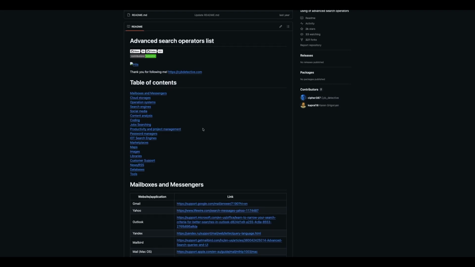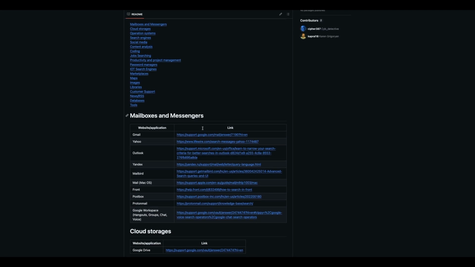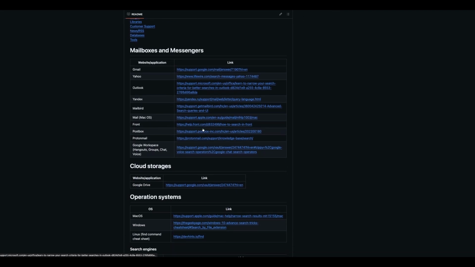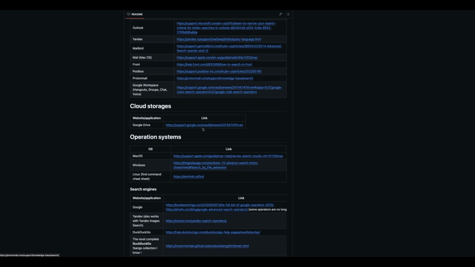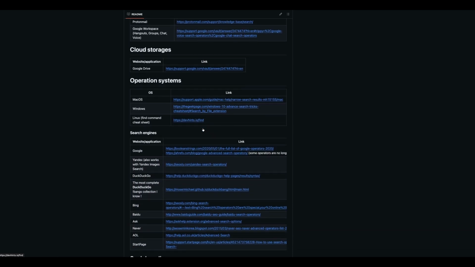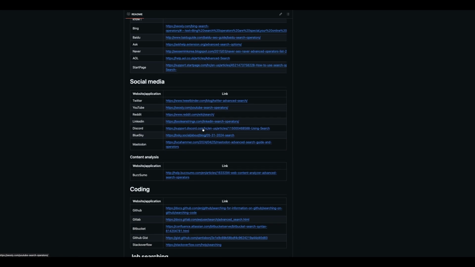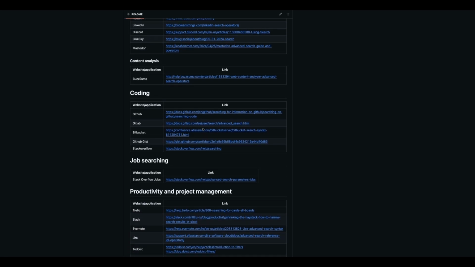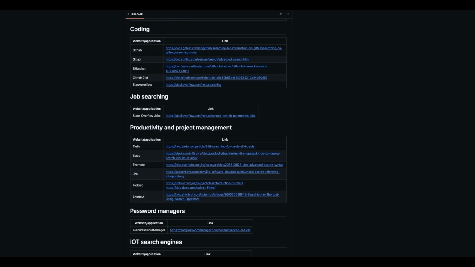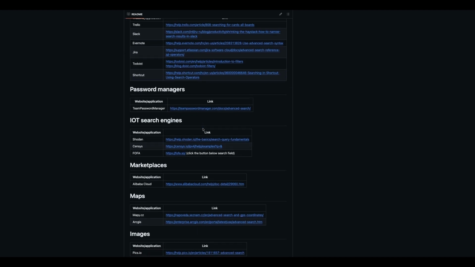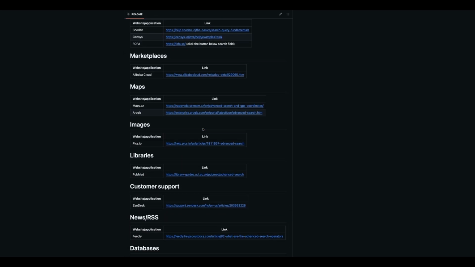So if you're trying to search through the Mac or Windows, you can still use search operator queries within your searches. And what we'll touch on here is the one from DuckDuckGo. But there's a GitHub repo that has collected a ton of direct links to the platform documentations of their respective search operators. So you'll have OSs, so operating systems, that you can find there, but then you also have search engines, so they have links directly to Google, links directly to Bing, and then they have links directly to DuckDuckGo. So the first one, or I think it's the only one that we'll be touching on in this episode,